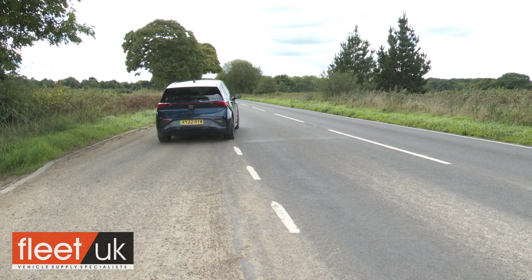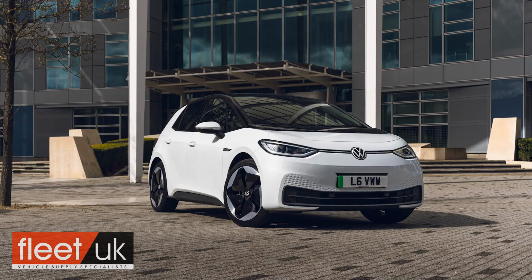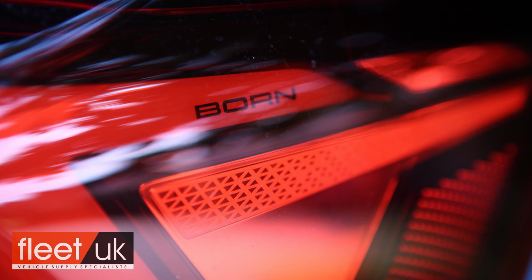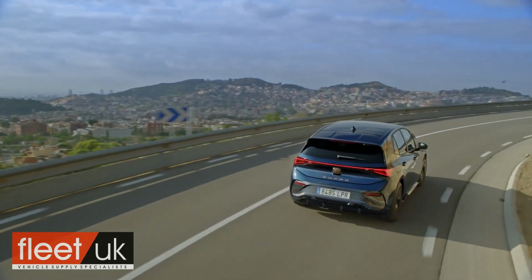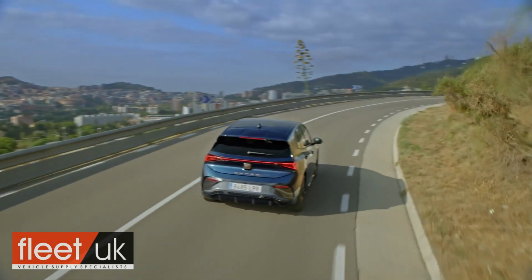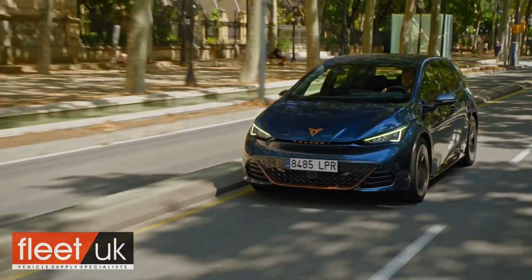confection. The Born springs away from rest, of course, as all EVs do, running out of puff just after the point where you realise that the torque rush has inadvertently pushed you over the speed limit. Everything so far is just as it would be in a Volkswagen ID3, which this Born is almost entirely based on. But CUPRA wants to convince you that this is a far sportier confection, and to that end has fitted shorter coil springs lowering the ride height, along with wider tyres, a more direct variable ratio steering setup and a retuned